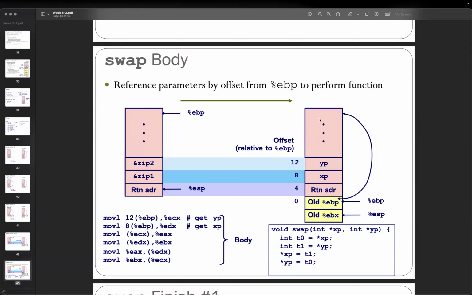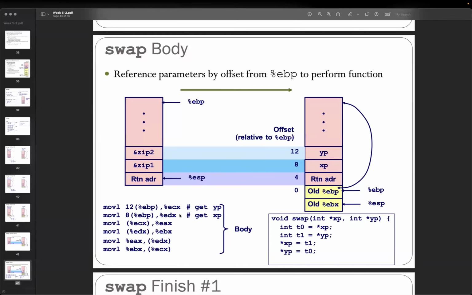So this one depends on the code. Of course the compiler will say, okay, start from like 12, 8, 4. So start with 12, 8 right here. Before that will be the return address, so we just ignore it. So start with the 12, and they will try to get the YP. And then for the 8,